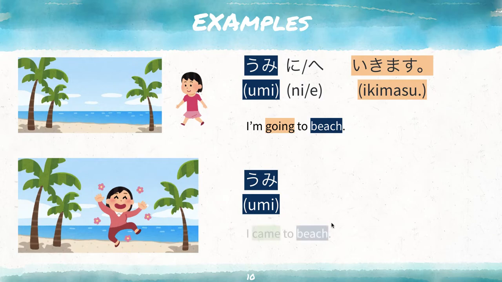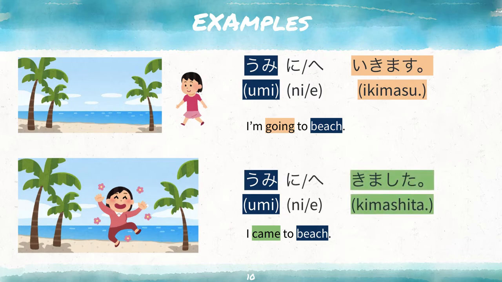If I wanted to say I came to the beach, compared to the last sentence, going transforming into came, the sentence would be 海に来ました or 海へ来ました。